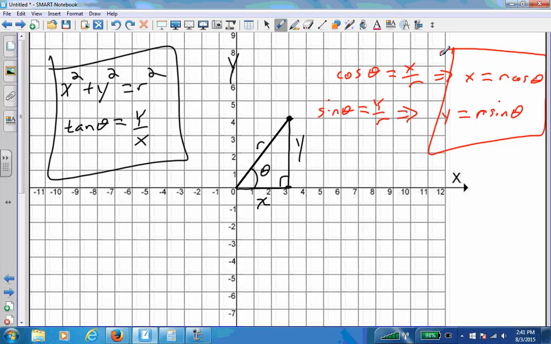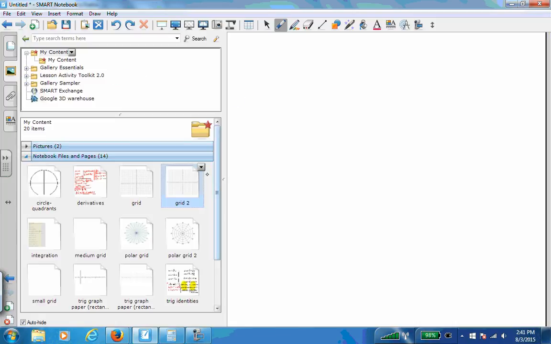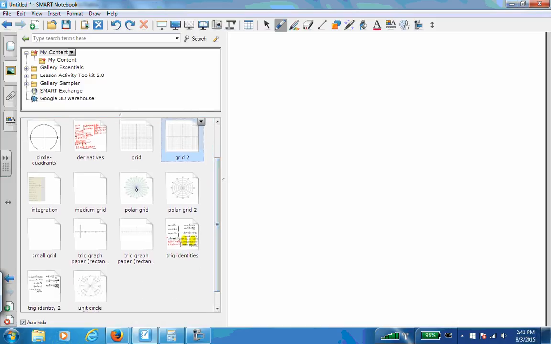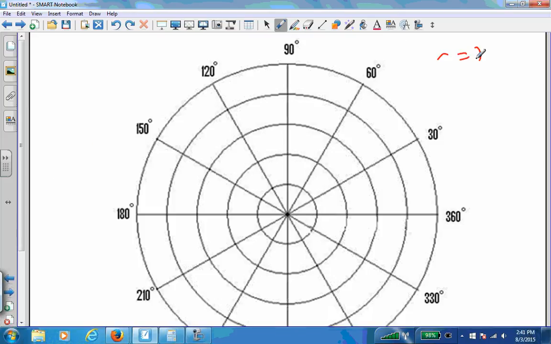So I'm not going to go back over everything in here because a lot of it is just straight up trig. But we will go back over graphing some polar equations. For example, if we're asked to graph just the polar equation r equals 2, I'll pull up a polar grid. If I want to graph r equals 2,